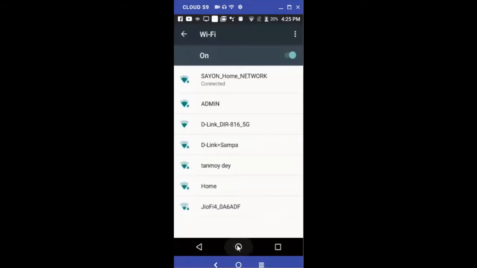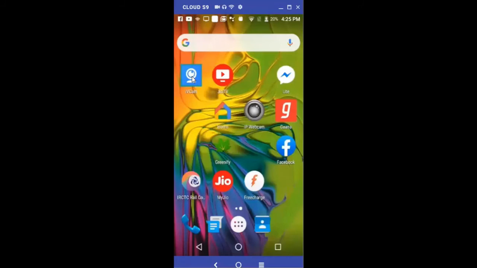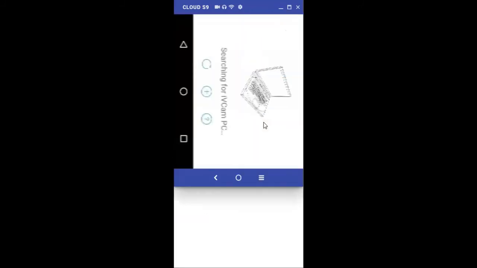Okay, so now I'm going to open the IVCam again. This time I have not connected the mobile with the laptop using any type of wire, that is the USB cable. So you can see by this process also we can connect the mobile with the laptop.